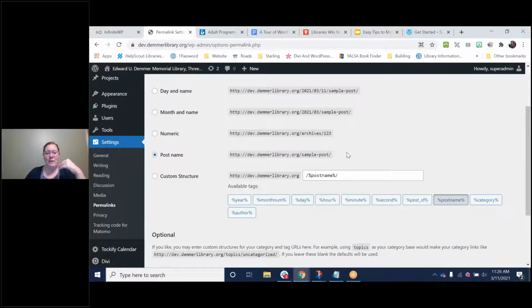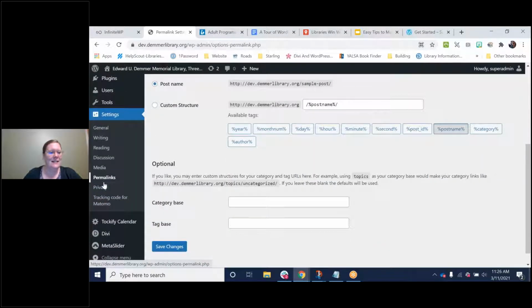So an example would be the demerlibrary.org/children's, the demerlibrary.org/history and genealogy, the demermemoriallibrary.org/new books. Hopefully that's making sense.